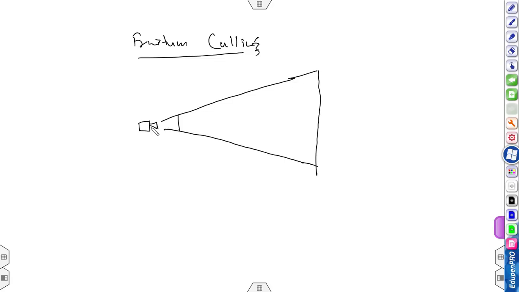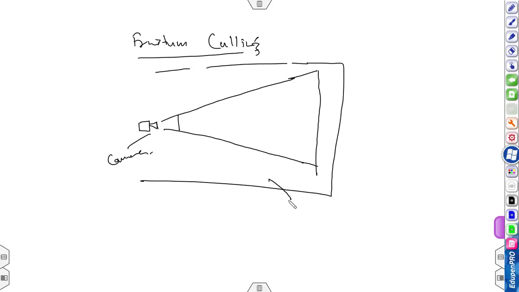Suppose this is the view frustum of this camera. Suppose this is our world, which may be a scene preview in any game. There may be various objects in the scene. Suppose there is a cube, a sphere, a triangle, a cylinder.